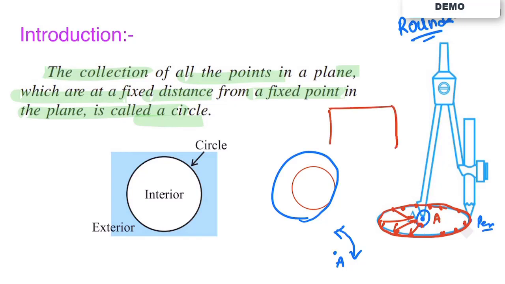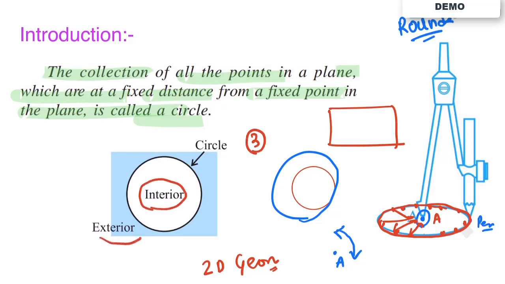Now you might be wondering, the circle is drawn on a plane. You know the plane, and we are dealing with basically 2D geometry. The circle divides the plane in which it has been drawn into basically 3 parts. So what are the 3 parts? One is the interior of the circle, another one is the exterior of the circle, and another part is the circle itself. It's an important point you should note down in your copy, that the circle divides the plane in 3 parts: interior, exterior, and the circle itself. That's all about how you draw a circle and how you define a circle.